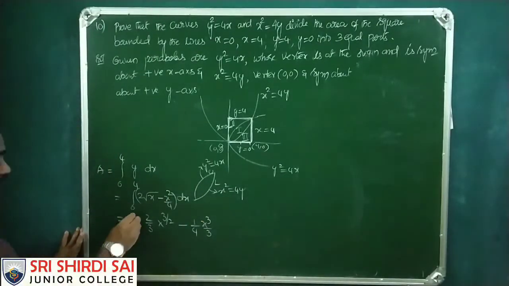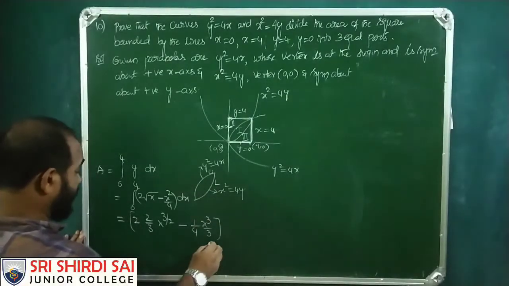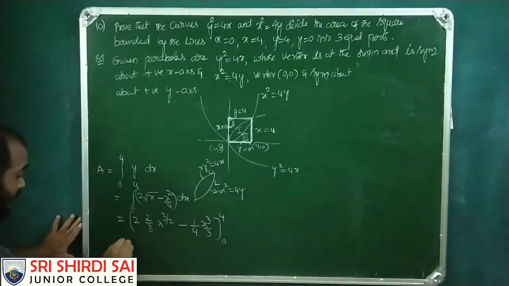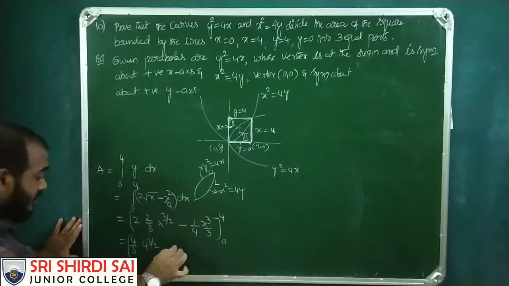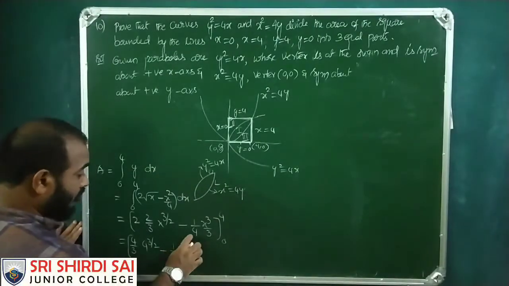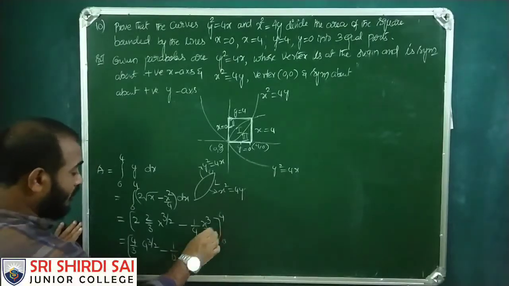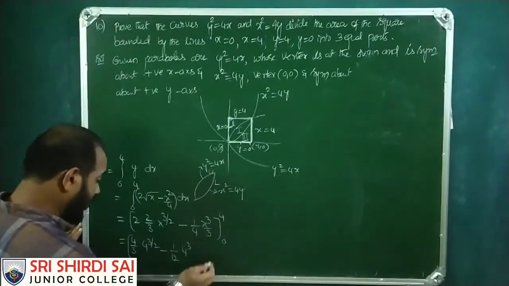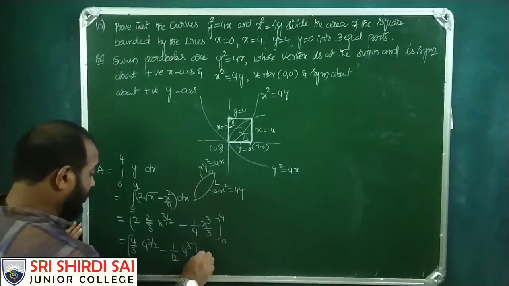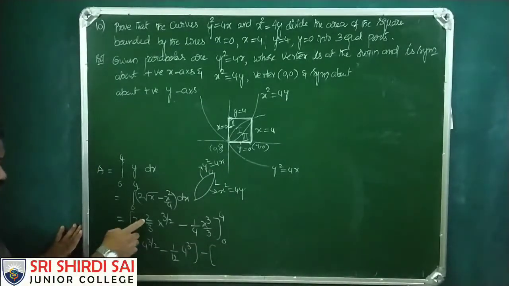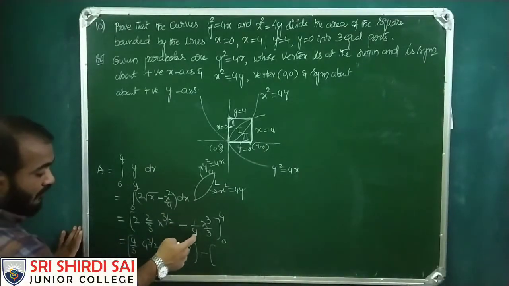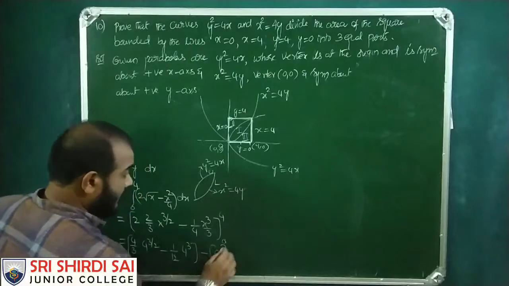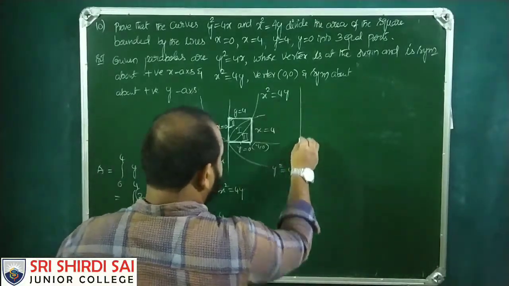So therefore the process of integration is over. So here 0 to 4 is to be applied. 2 2s are 4 by 3. In the place of x, upper limit 4 power 3 by 2, minus 1 by 4, 3s are 12, x cube is 4 cube, minus the lower limit. 2 2s are 4 by 3, x is 0 power 3 by 2, this is 0. Here 1 by 4, 0 cube by 3, this is all 0.